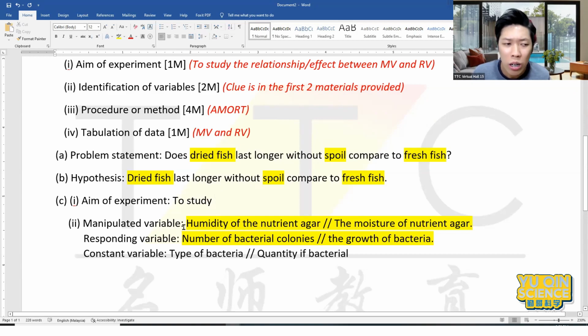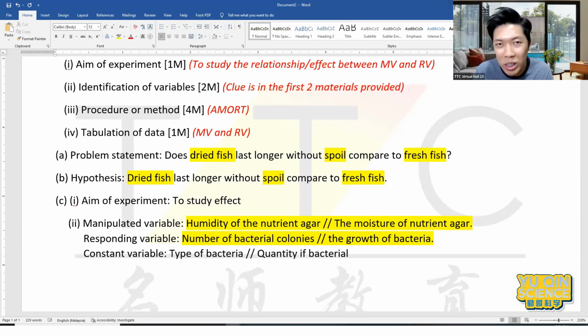So to study what? Manipulated and responding. To study the relationship, or to study the effect is better. So it's up to you to play along with the words, see which one sounds better. So let's say I'm gonna choose to study the effect, because it's really the effect of water or no water, right? So to study the effect of